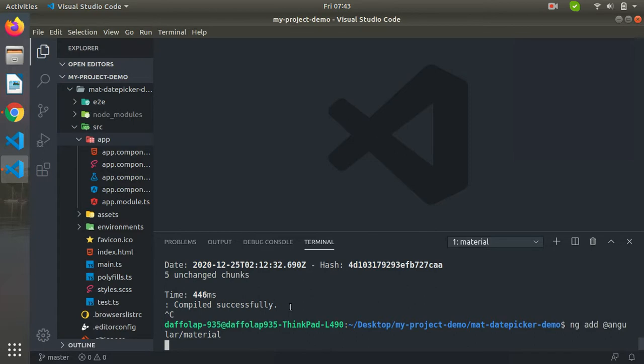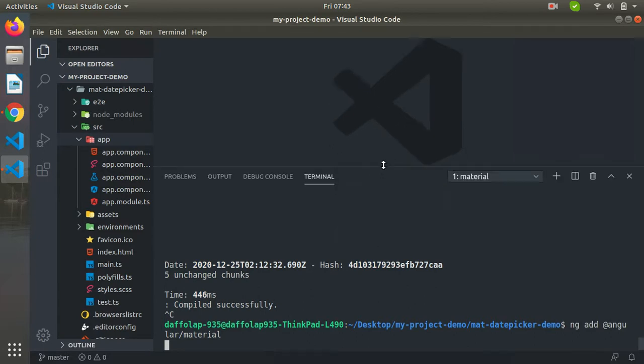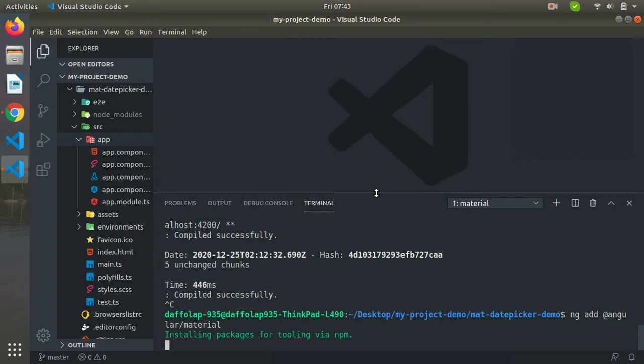Now it will ask some questions to specify materials, whatever material specification you want to add into your project. You have to specify it. We don't need any kind of specification, because we are creating a simple demo mat date picker app.